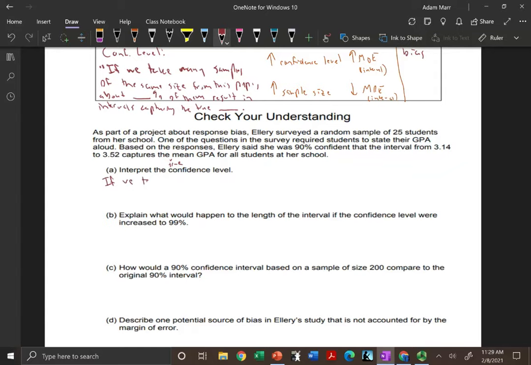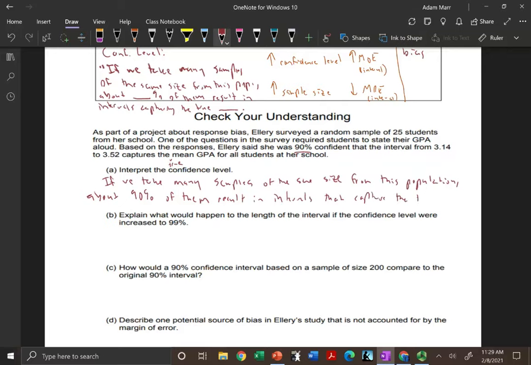If we take many samples of the same size from this population, in this case we have a 90% confidence interval, so we're going to say that about 90% of them result in intervals that capture